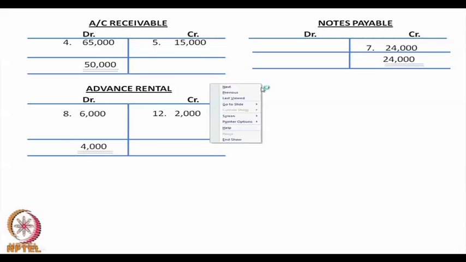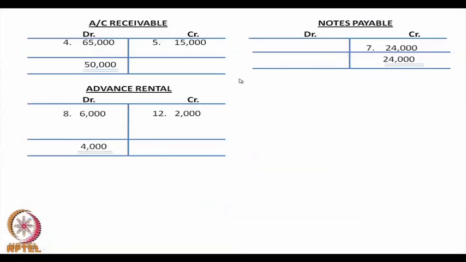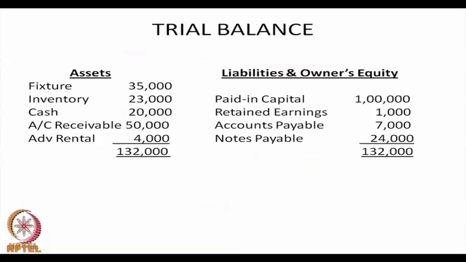Now, what we normally have to do, all the assets we have to put in one place, all the liabilities and owner's equity we have to put in another place and have the trial balance, and that is what we have done in this slide. Assets, this is the fixed asset, the fixture 36,000 rupees minus 1,000. So, the book value is 35,000, inventory this, cash this, accounts receivable this and advance rental paid. Advance rental is also current account. All these 4 are current assets and this is fixed assets,